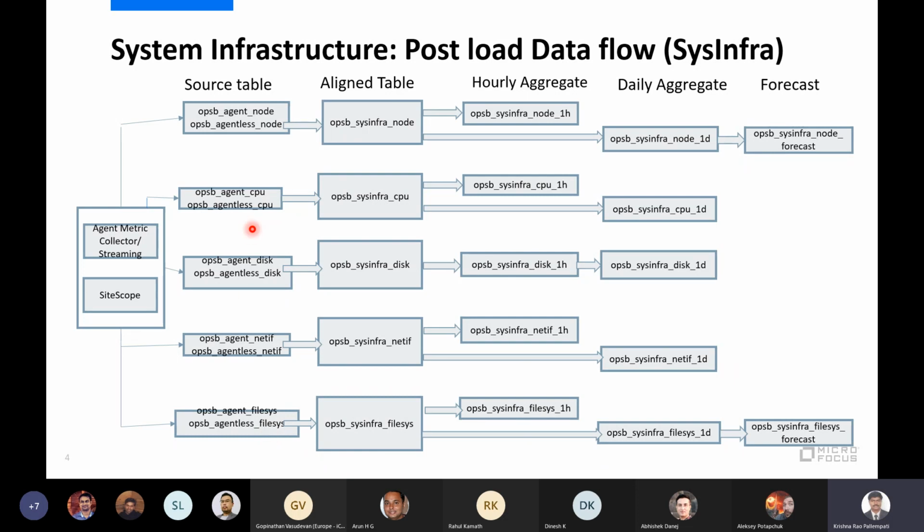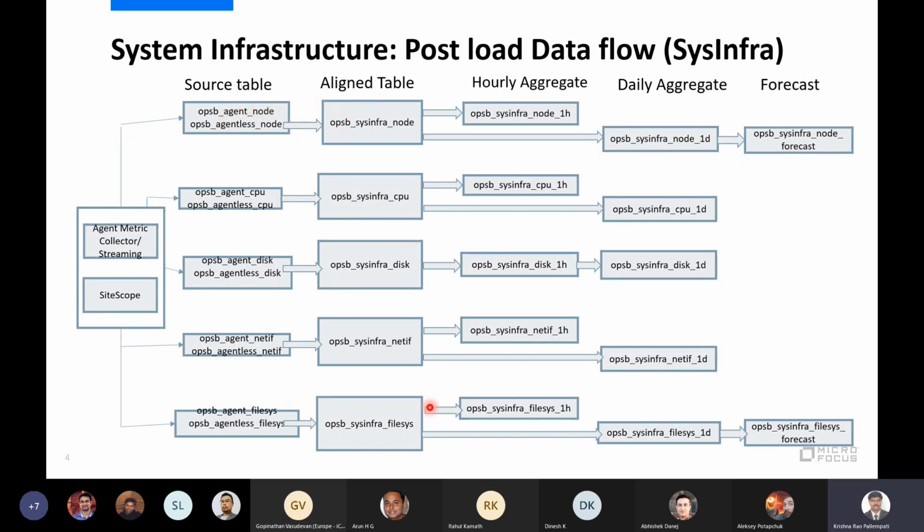Once we have moved into source tables, we don't want to differentiate customers in reports, whether it is an agent based node or an agentless based node. Meaning we want to repeat the same report structure for the agent and agentless. So for that reason, we have created one aligned table, which will contain both the data from agent and agentless.